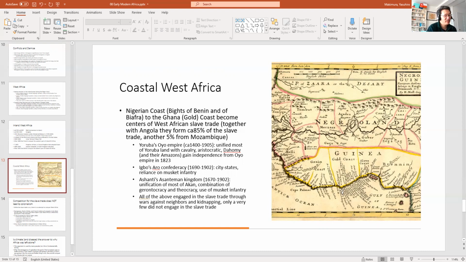So this entire region is the place where European traders would show up and they would buy slaves. Because there's no major kingdom that unified this region, basically what happens is you go to a local port and you buy a few slaves, and then you put these slaves on your boat, and then you move to the next port, and then you keep repeating the process until finally your boat is full, and then you transport your cargo all the way from Africa to the Americas. People as cargo.